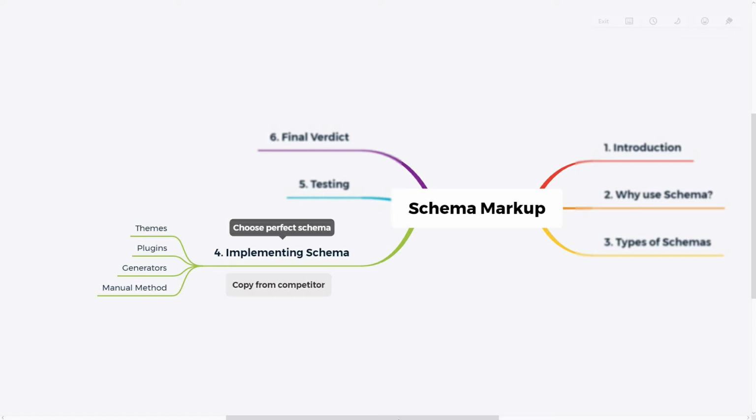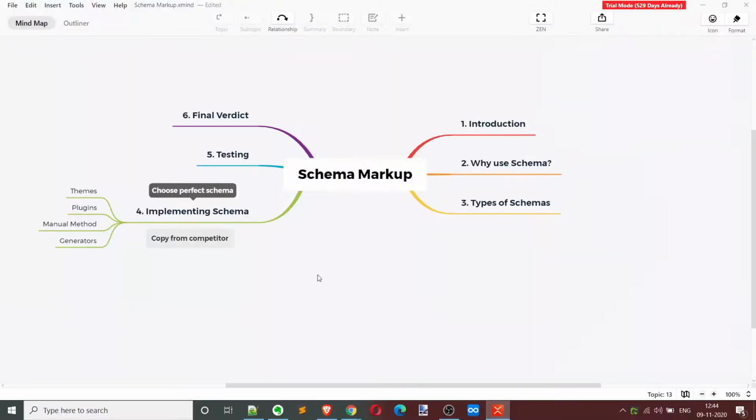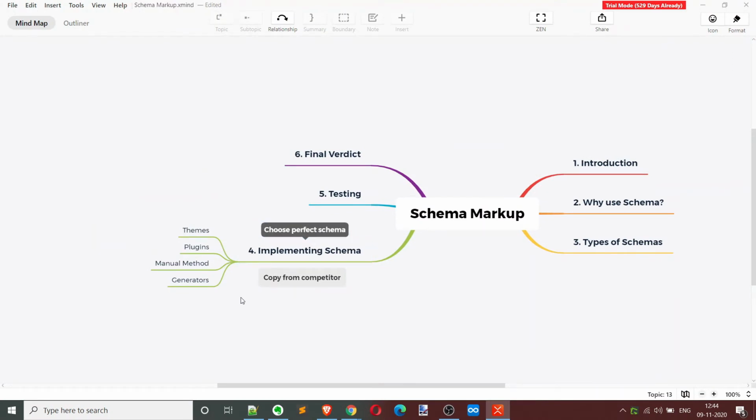If you have recipe content, you can search for that recipe and see what your competitors are using and what is showing up in Google. So the next part will be to implement it. I'm going to talk only about WordPress websites because most of us are going to use WordPress, but some of the methods, like this manual method, we can use on any website. It's like a hand-coded HTML website or Blogger, it will work.